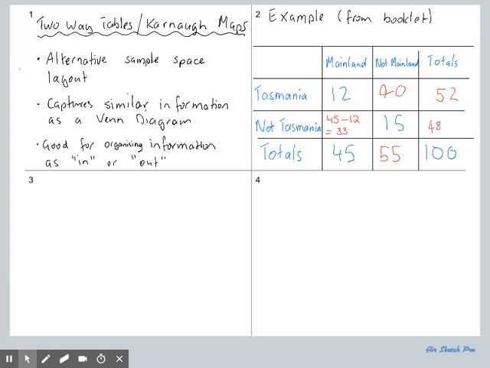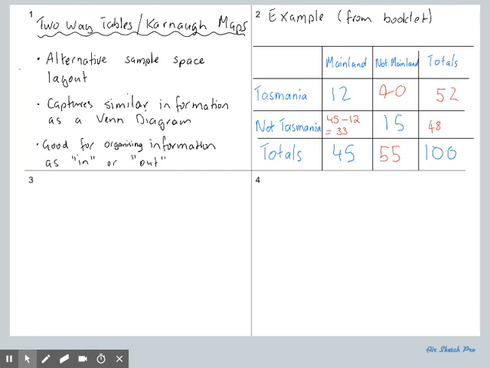You can flip over your questions again, and you can see that should confirm what was on the sheet as well, I hope. It asked how many students had holidays in Tasmania. So we can now use the total over here to answer the question, which is 52. And you could also answer a whole bunch of probability questions as well. For example, if I said to you, of those 100 students, a student is chosen at random,